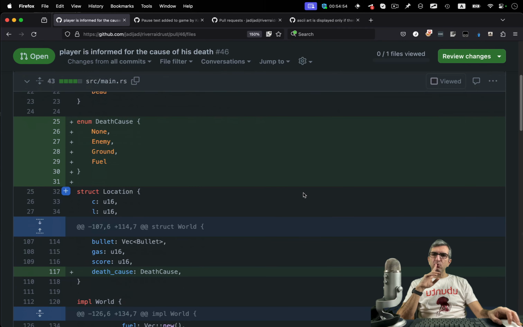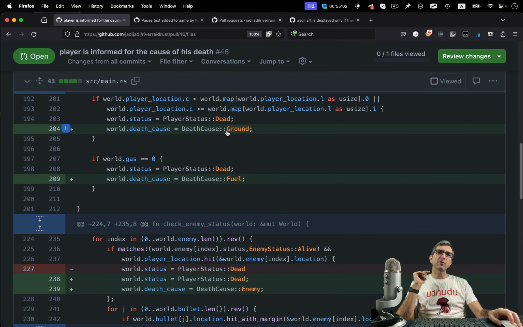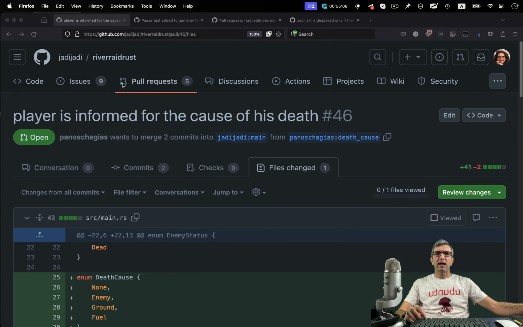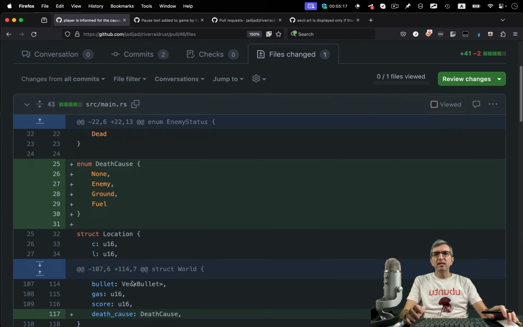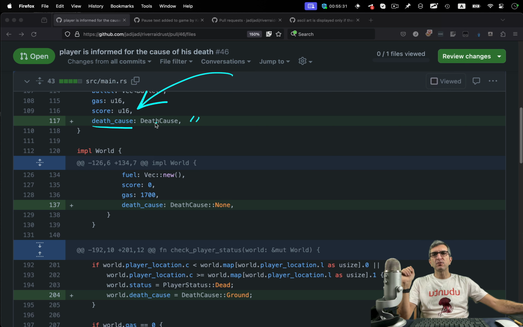This might be too much for me. I would create a dead cause string and just write whatever I want in it, and then return it back. This is a little bit too much and should be handled later. So my idea is, instead of this struct, this is also good, clean, and nice, but we are not going to write the best program. My idea is just have a dead cause as a string and save something in it, empty or whatever. And whenever the player dies, propagate this, set something in it, whatever you want to be shown.